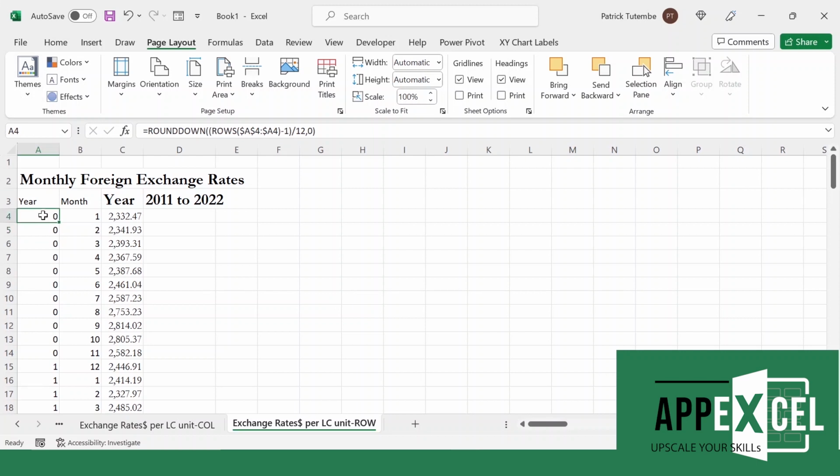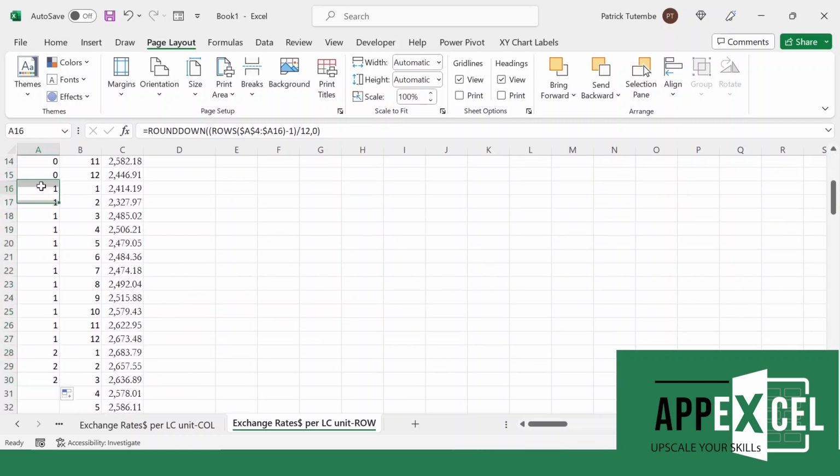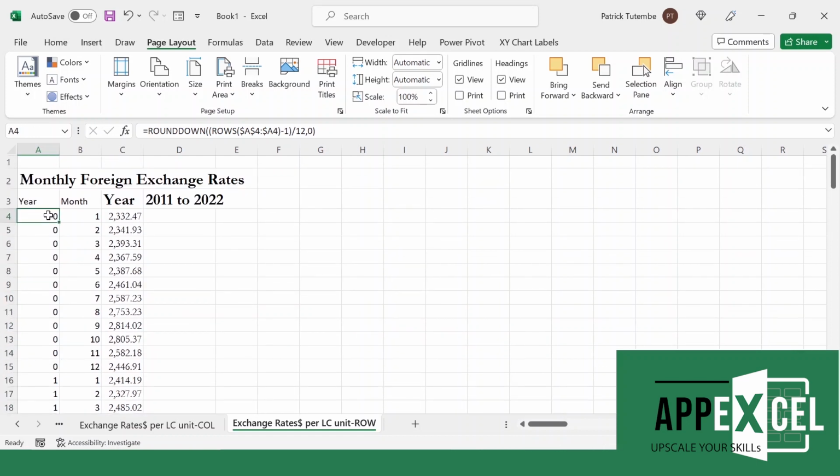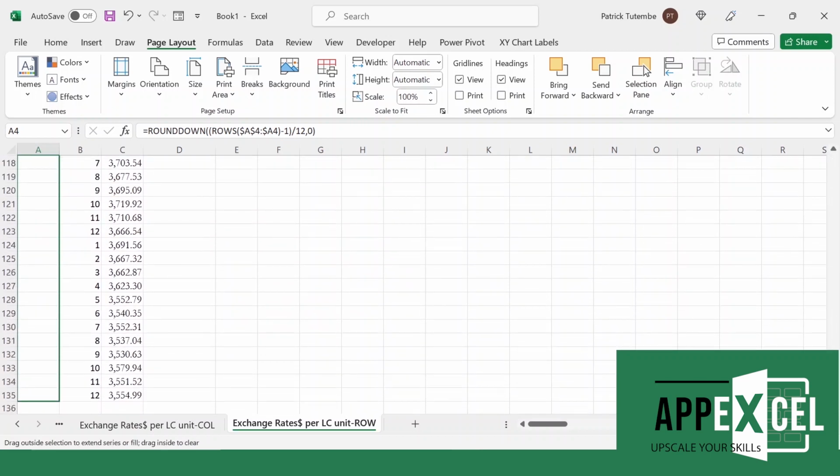So we shall now have a 0 running up to the 12 rows. And then once we do that, we scroll down and we shall have a 1 also running for 12 rows. And then let's see how a 2 runs. The 2 runs also for 12 rows, and it means that we are ready to scroll our formula up to